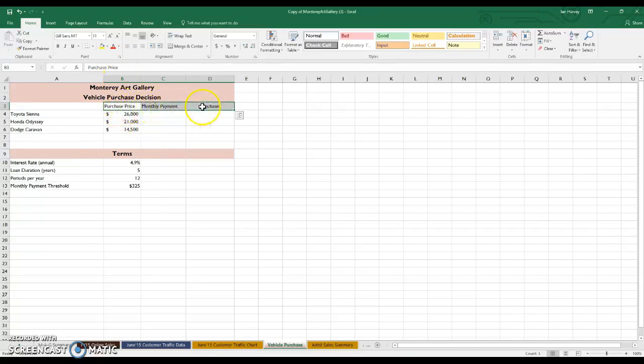Now while it's still highlighted, I'm also going to make it all bold. So I can just go up here on the Home tab and select bold, and now all of those are bold. I also want to change A4 through A6, and to do that I want to also make those bold,